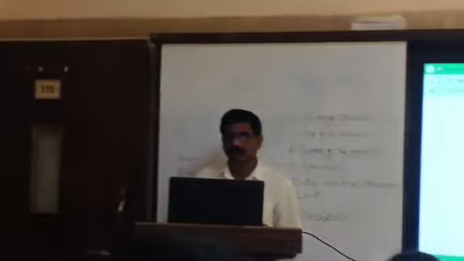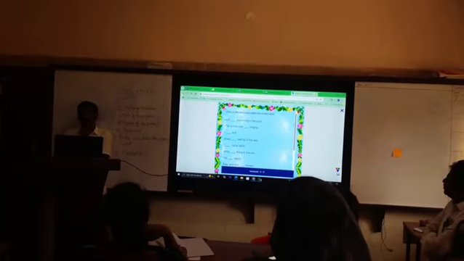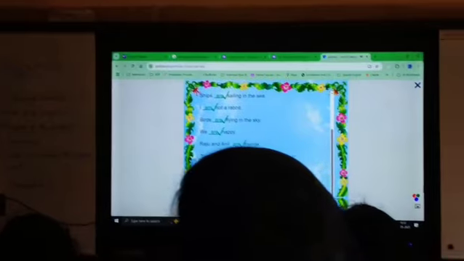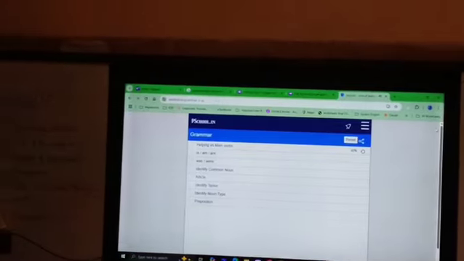Sir explained about the AR Lupa app, which is a very useful app, and also the Duolingo app. With these websites and apps, we can create interest among the students, and we can also learn many things from these kinds of apps. So we must download and use them. After that, we took a tea break.